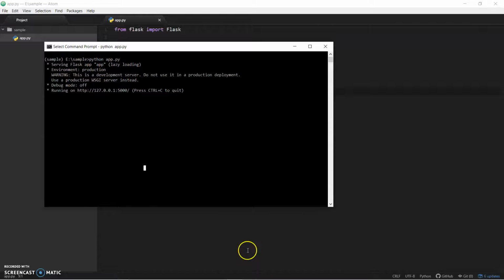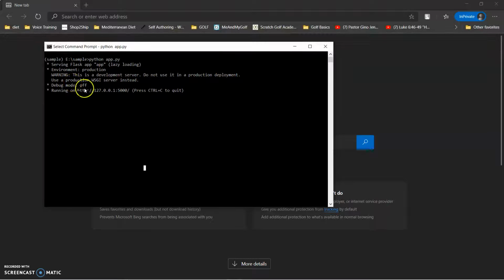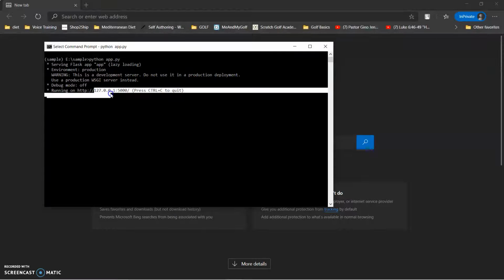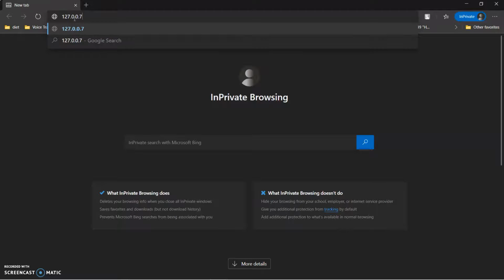Now I'm going to check where I can access my application. Here it is running on http://127.0.0.1:5000. If you observe here, 127.0.0.1 is the IP address that we have discussed earlier. When you run 127.0.0.1:5000, the 5000 is the port number. The IP address has several ports which we can use, and all the requests for a certain application are served using some port, while here we are using 5000. When you actually run it,